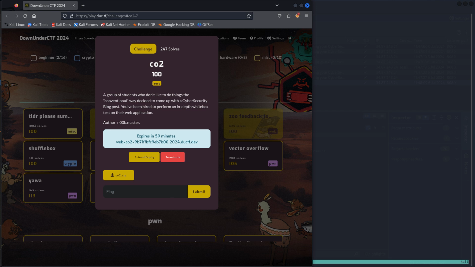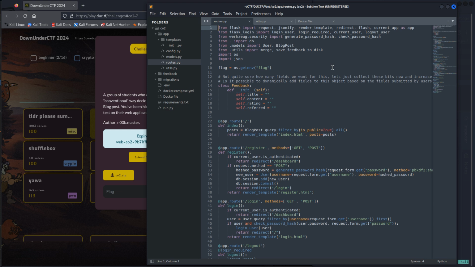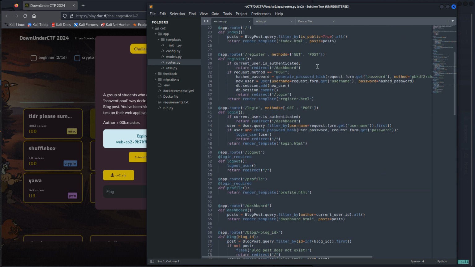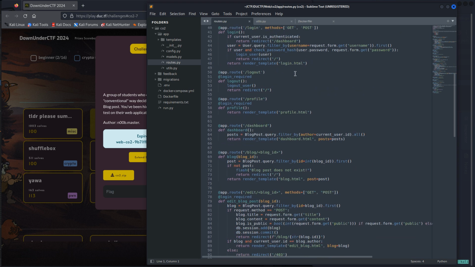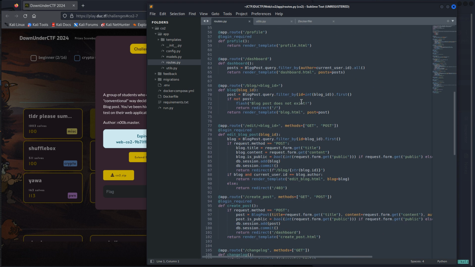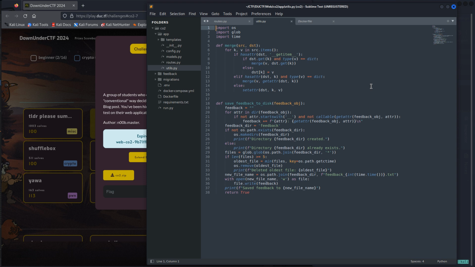because if we look at the code for a simple application, there's actually a lot going on in terms of little rabbit holes you can fall down. If we look at the routes.py file, which is the instructions for the web server on how to handle requests to the various endpoints, we see there's registering and logging in, there's profiles, and there's a blog, and you can edit blogs and make posts, and then there's these utility functions, which are like merging stuff and writing things to disk. And so there's a lot,